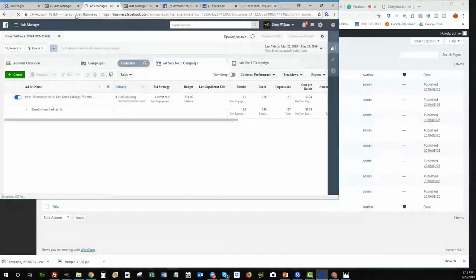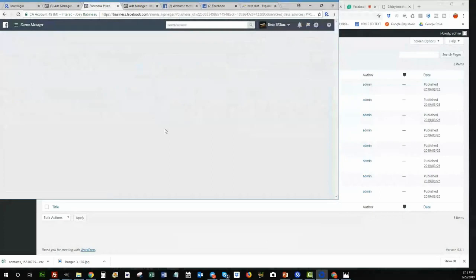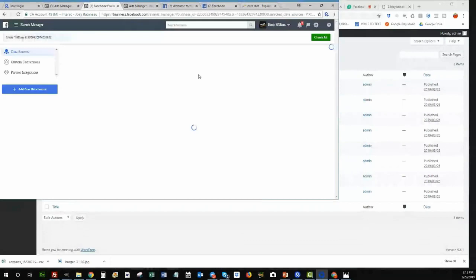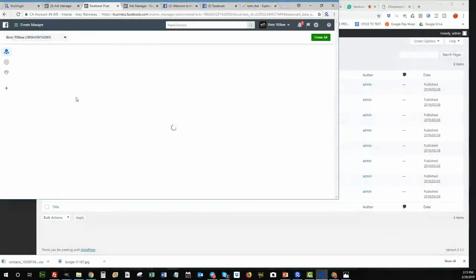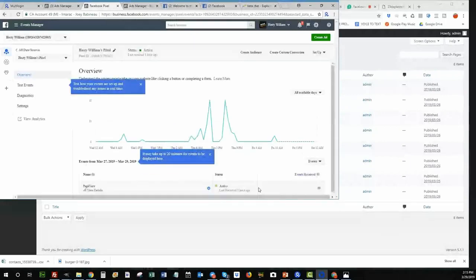For some reason, Facebook was being wonky in the events section. So if it's being wonky right now, I'm not going to bother going over that topic right now. But creating the event, you would want to just grab the little pixel code and either put it directly on the page where you're tracking the event, or if you were to click and set up events in here, you can do it by just entering in